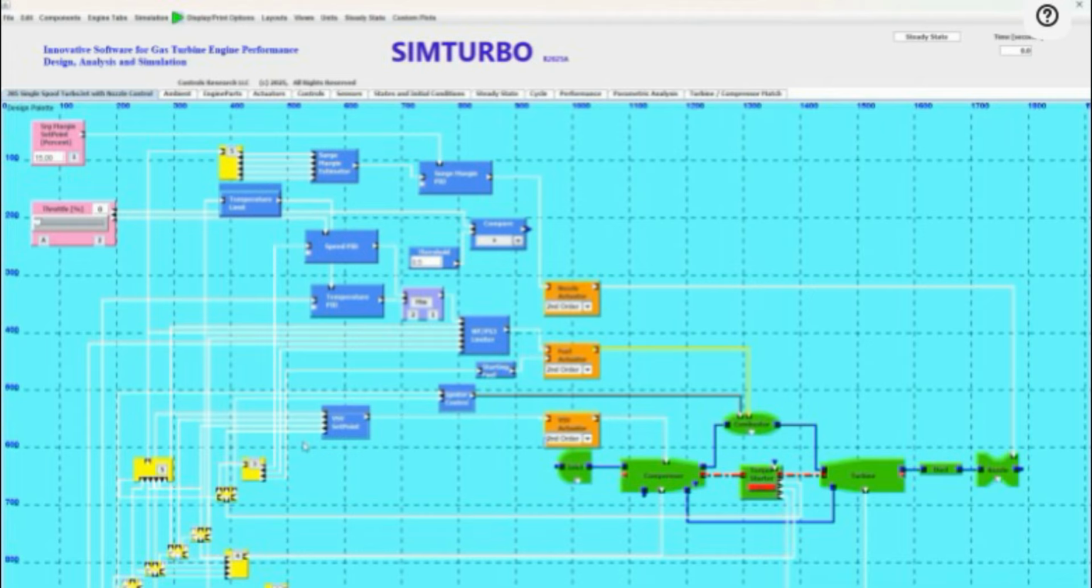to control the nozzle area. Note, a better, more conventional surge margin control is currently being completed for future SimTurbo releases. The variable stator vane set point is calculated as a function of compressor condition. The igniter is controlled as a function of shaft speed and turbine exit temperature to ensure that the combustor is